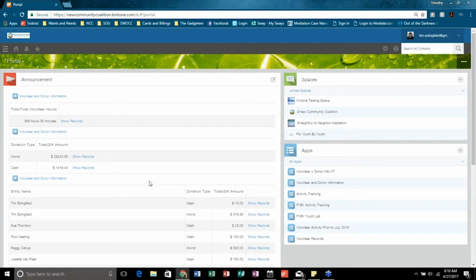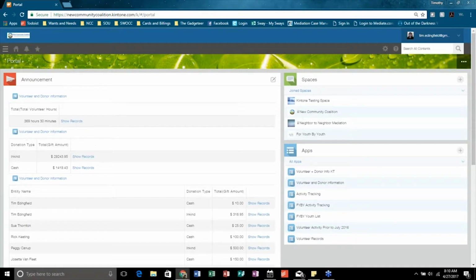So what Kintone does is allow for a much easier user interface. If you're able to see, I have my home screen for Kintone being shared right now, and in the announcements area, you can see all kinds of live data.